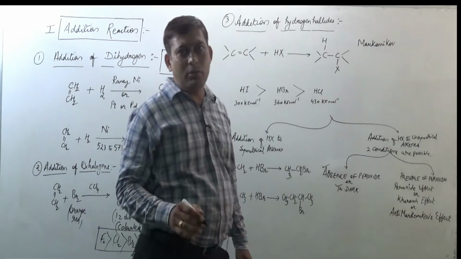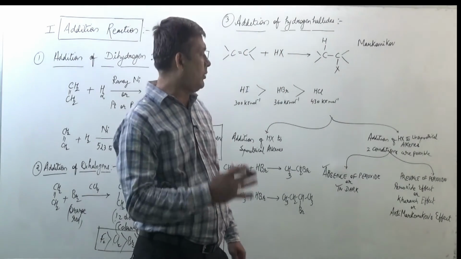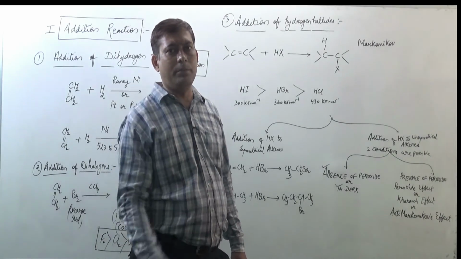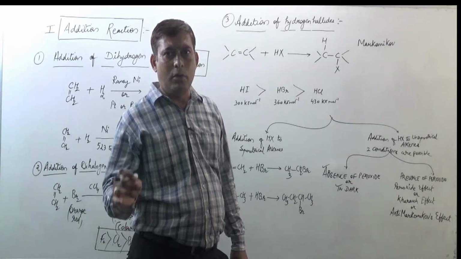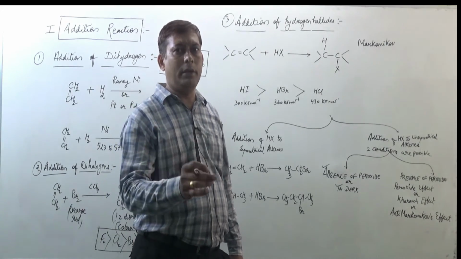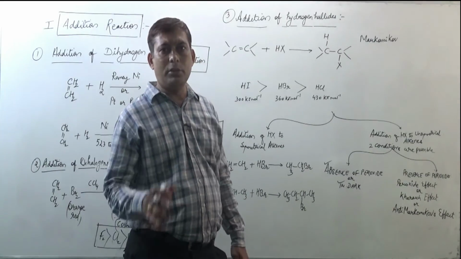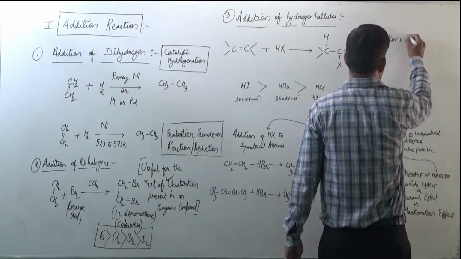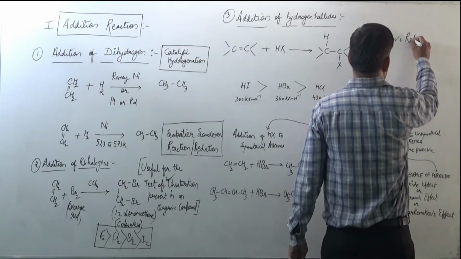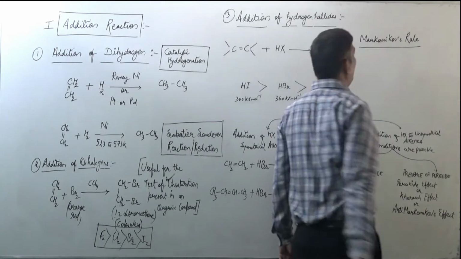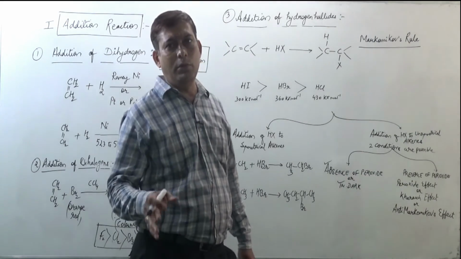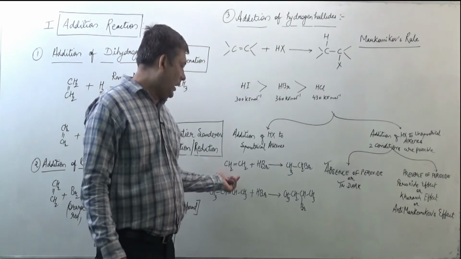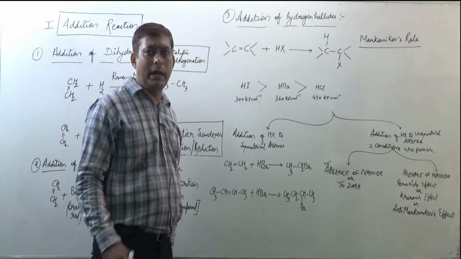And based on the study of all sorts of addition reactions, he came to a conclusion. And based on this conclusion, he has formulated a law. This law is known as Markovnikov's rule. Markovnikov's rule states that whenever alkenes undergo electrophilic addition reaction with hydrogen halides,